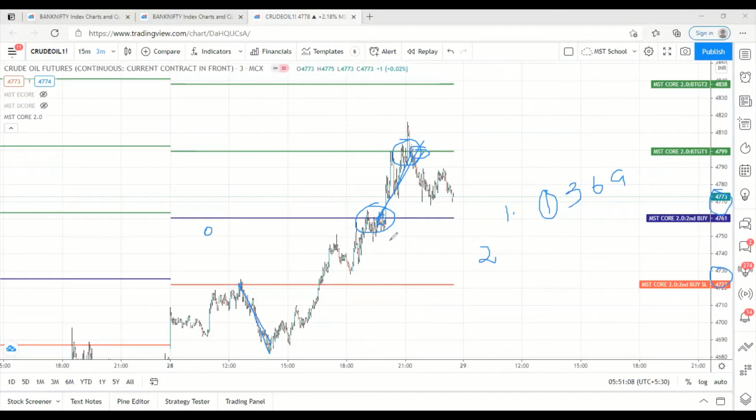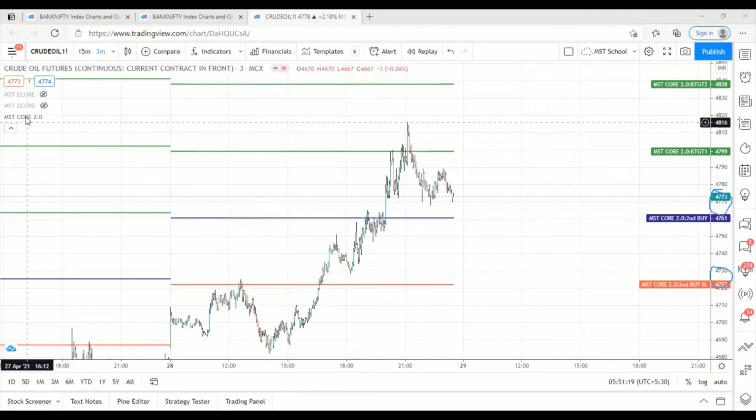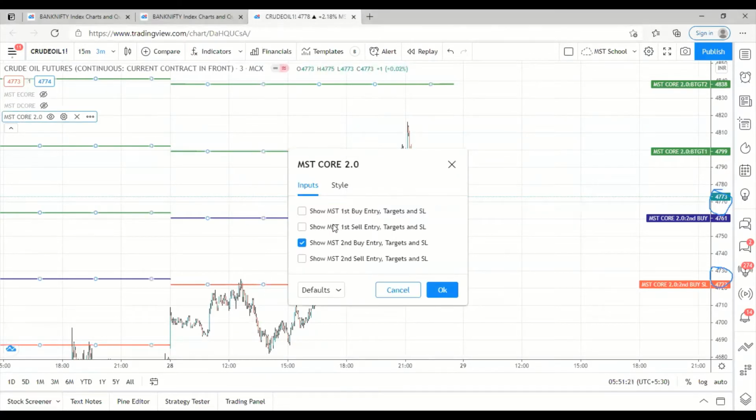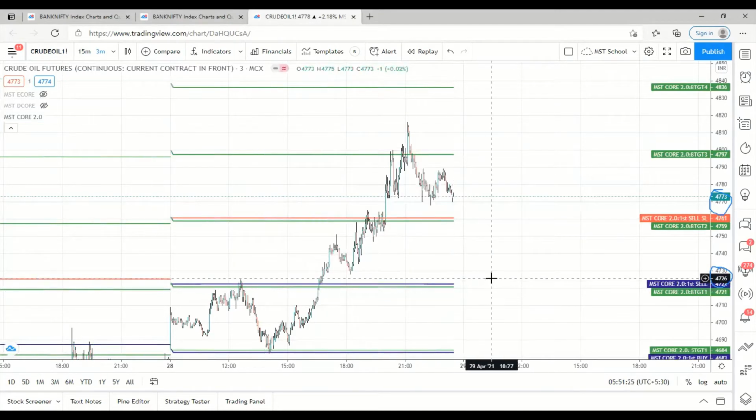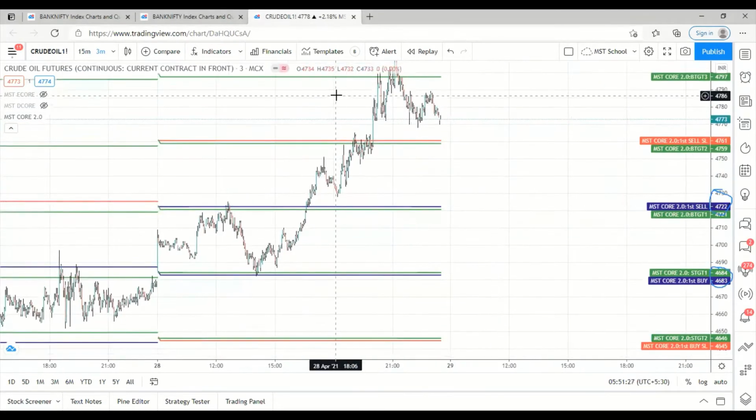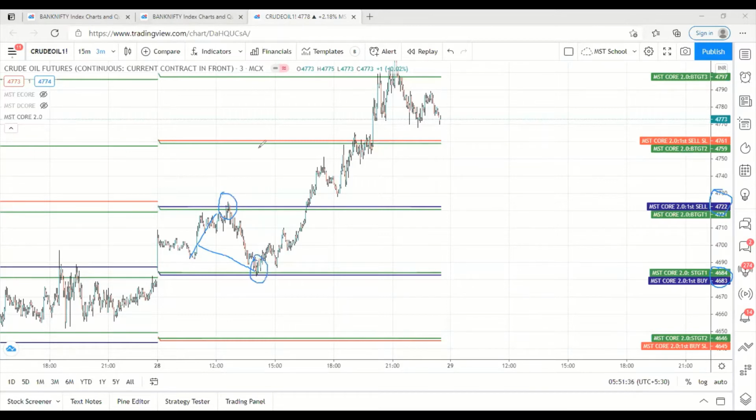So this is our strategy. It is a very, very simple strategy. Once again, I explain what you have to do. In the morning at 9:35, you have to enable both first buy and first sell. And please wait for some time. Let the market go somewhere. Either it has to go upside or downside. Whichever gets activated first, trade in the direction that day.